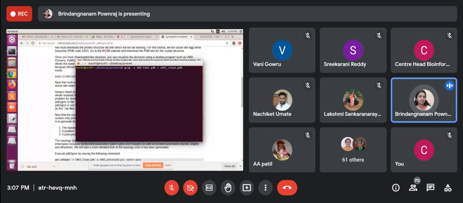If you want to use your own protein, just give your own protein name here, any name. It can be just protein, or whatever your protein of interest is, albumin, topoisomerase, gyrase, you can give it here. And here you can also rename. So for example, I'm giving clean protein, a processed protein.